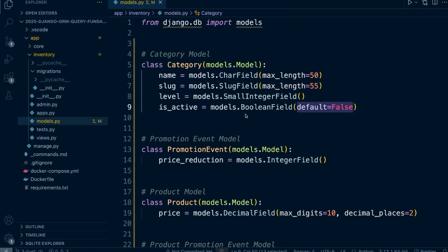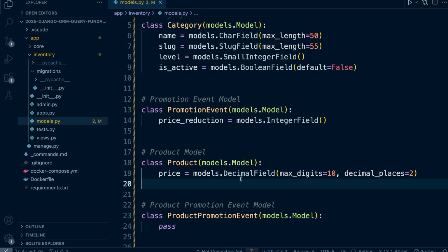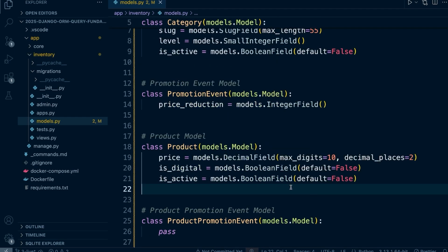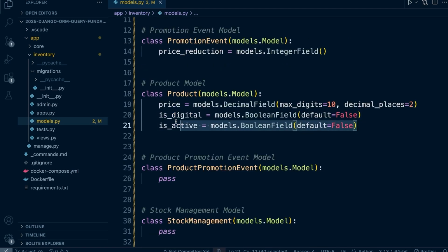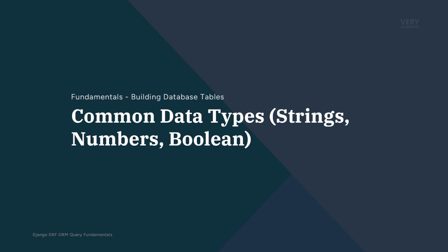If you take a look at the ERD diagram, there's a whole bunch of these fields within the table. So we'll add a few more so you can see them. So here in the product, is digital, is active. Again, just a Boolean field, and you can set the default whether they should be set to true or false by default. Hopefully that gives you a snapshot of how to create fields and define the data types strings, numbers,